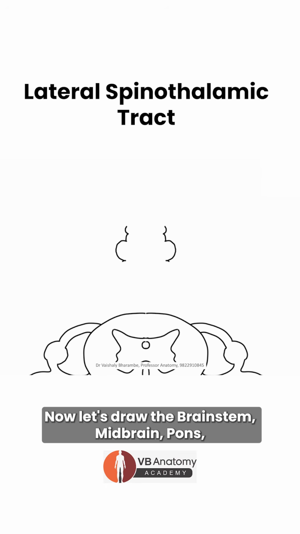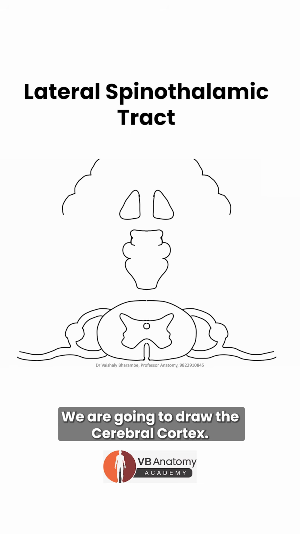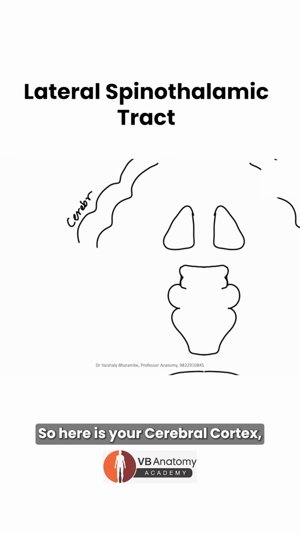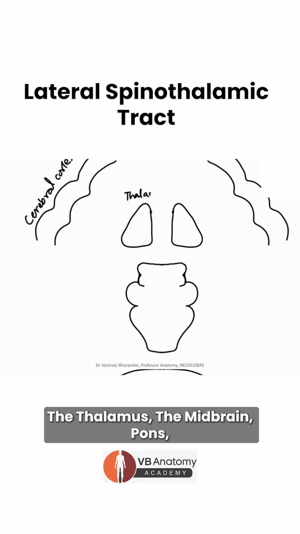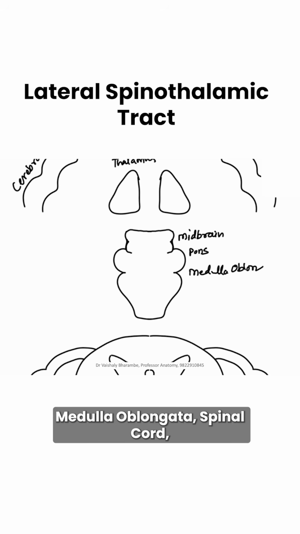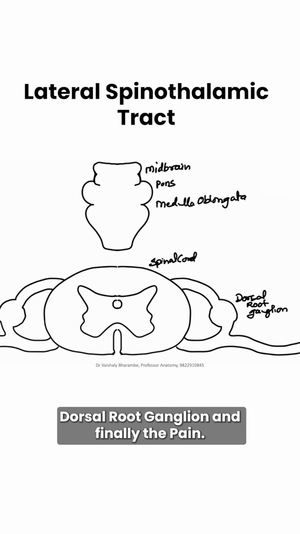Now let's draw the brainstem. Midbrain, pons, medulla oblongata, add the thalamus. We are going to draw the cerebral cortex. Now let's begin to label this, okay? So here is your cerebral cortex, the thalamus, the midbrain, pons, medulla oblongata, spinal cord, dorsal root ganglion, and finally